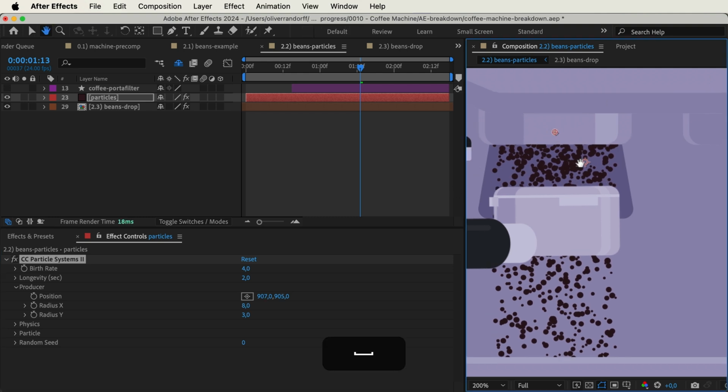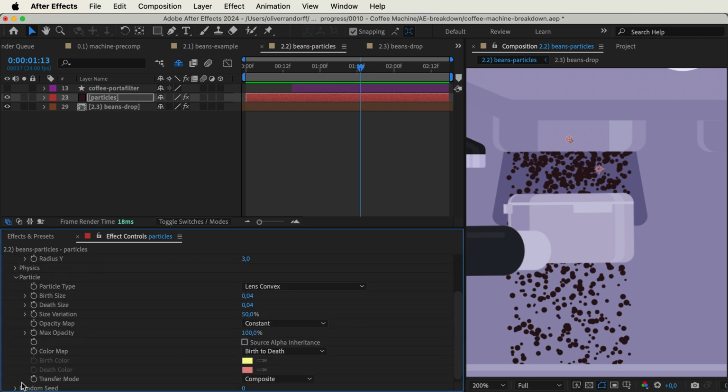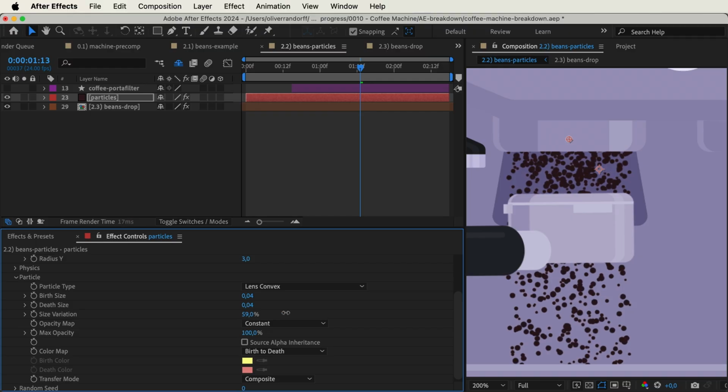We can also see that maybe we want to adjust some of these settings. Right now, there's maybe a bit too much space between the particles. The particles are maybe a bit too small. So we can go into the particle again. In this, you can also see that we have a size variation. And this just means that we can either have equal particles or have them vary in scale. And we can drag this out a bit to our liking. Maybe we want the particles to be a bit larger, like this. So they are clumped a bit together at certain points, and there's a bit of air at other points.